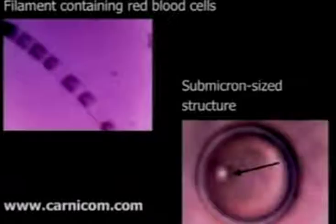So let's go back to the filaments and the structures they contain, these ones that Clifford Carnicom has found. In those unidentifiable filaments, he has observed the formation of red blood cells and submicron-sized structures. So now you've got a filament making its own red blood cells. The engineered cells, the red blood, very, very tough, withstanding excesses of heat and chemicals, indicating that they are designed to endure almost anything. He has put them in a Bunsen flame, he has poured bleach on them, acid, and they still endure. In addition, they are able to replicate, growing outside of the body in a petri dish. This is highly sophisticated technology, going on by itself, not in a laboratory. So we're witnessing red blood growing outside, having nothing to do with the bone marrow, in a petri dish, in somebody's